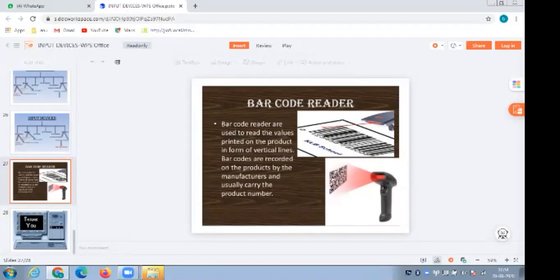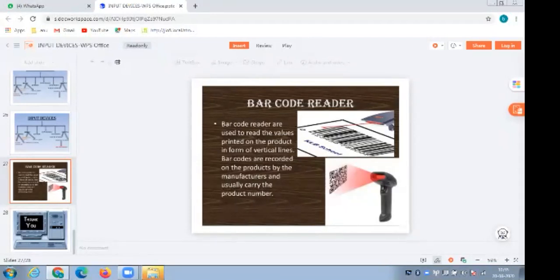You can see, I am showing you in the diagram the barcodes, which are given as vertical lines. These are the vertical lines which are given as the barcodes. And this is a scanner which scans the barcode so that it gives the price of the object. Nowadays, when you go to the shopping mall, all this barcode system is used. You can ask me, ma'am, how does the scanner read the barcode?